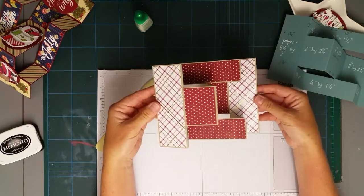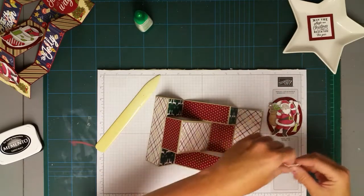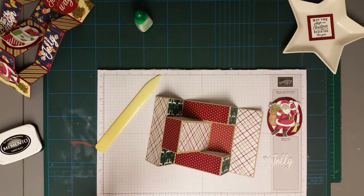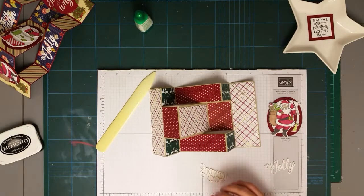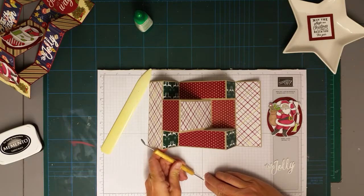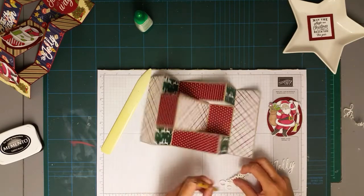There it is. So now what I've done, as I say, I have prepared things ready. I've got, this is from the Jolly Season dies, and it says 'tis the season to be jolly. And what I've done, I've actually used some of the multi-purpose adhesive sheets on the back, and I got two together just to make them stand out a little bit more. But it's such a lovely sentiment,